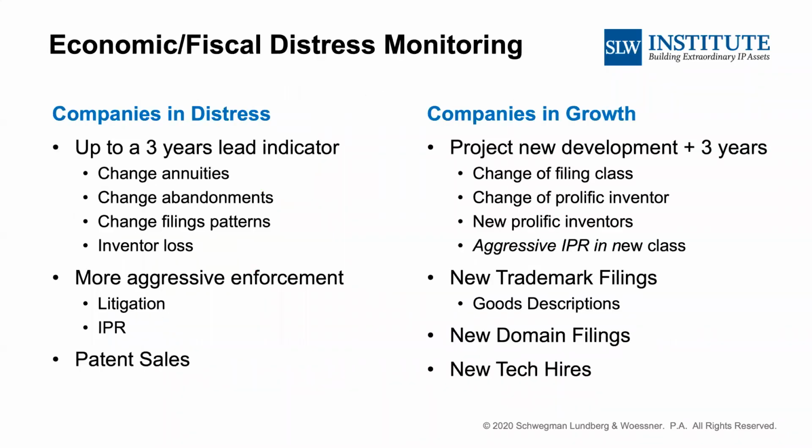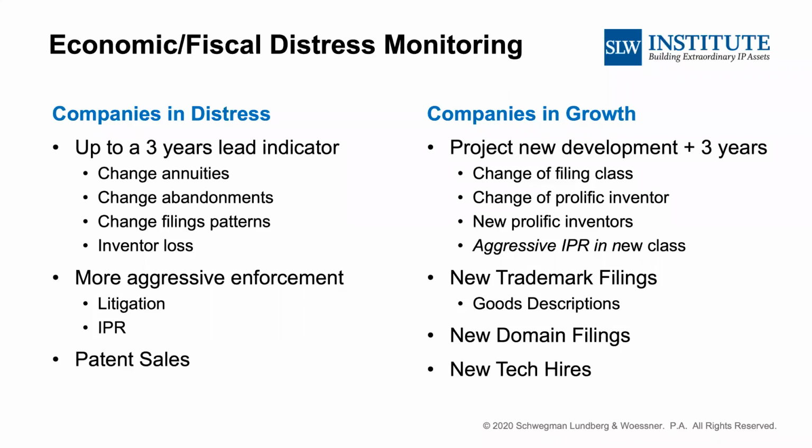So this is the new frontier in my mind. Dashboarding is going to start doing this, because if you're anybody who's worked in the financial services area, they have extremely exquisite algorithms that help you look at companies in distress and companies in growth. The same thing is really possible using IP filings, because IP filings have the behavioral aspect to them as well. In my review over thousands of companies, you can start to see patterns